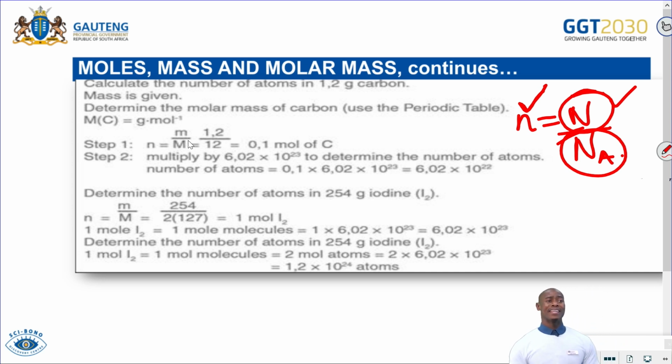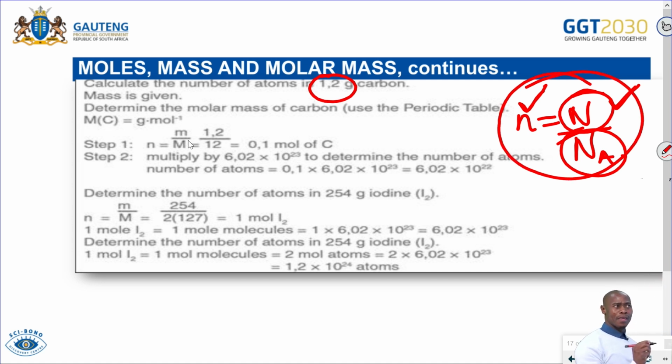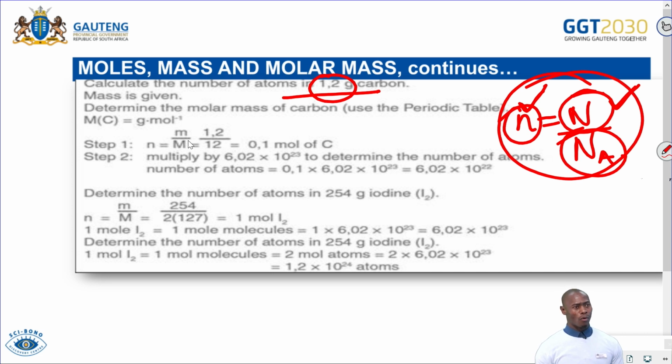So calculate the number of atoms. Calculate the number of atoms in 1.2 grams of carbon. So you are given the mass of carbon. They are looking for the number of atoms. And the number of atoms is particles, which is N there. Then if you want to go straight to this equation, are you given the number of moles? No. But you are given the mass. If you are given the mass, you can get the number of moles,